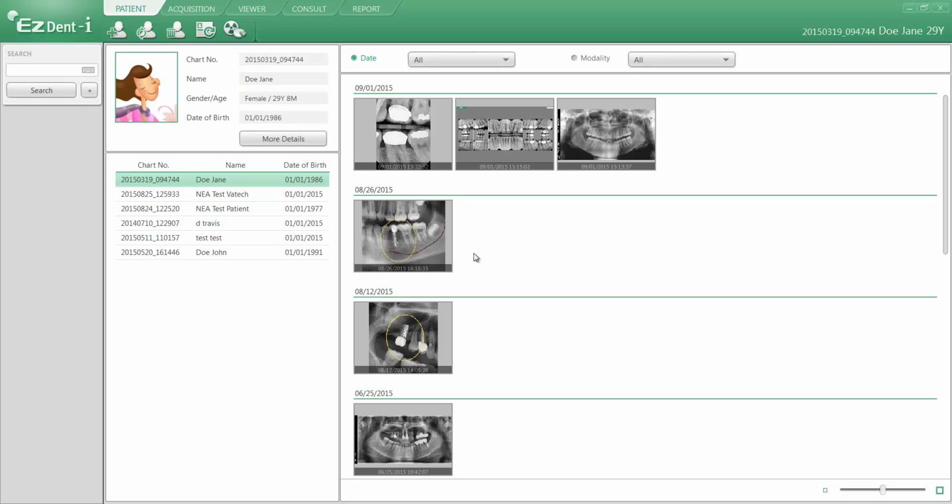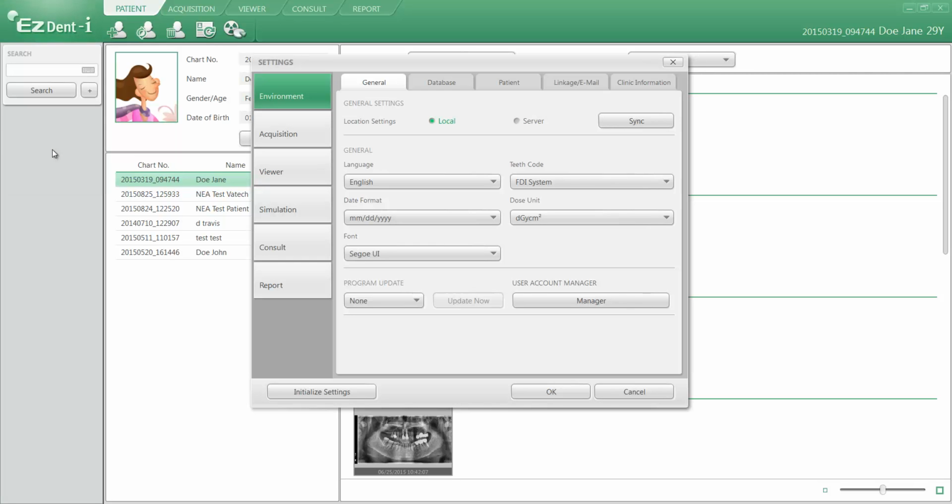To access EzDent Eye's settings, first click on the EzDent Eye button in the top left corner of your screen. Then select Settings in the field that's shown below. This is EzDent Eye's setting prompt window. As you can see, we have the Environment tab, Acquisition, Viewer, Simulation, Console, and Report, similar to the tabs that